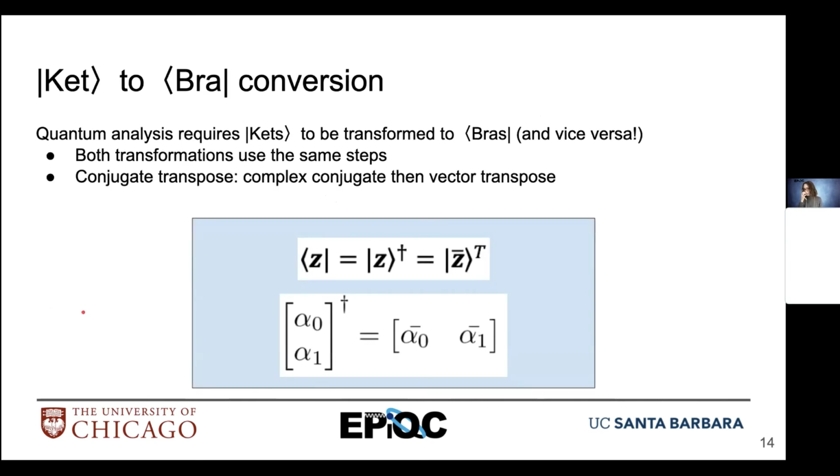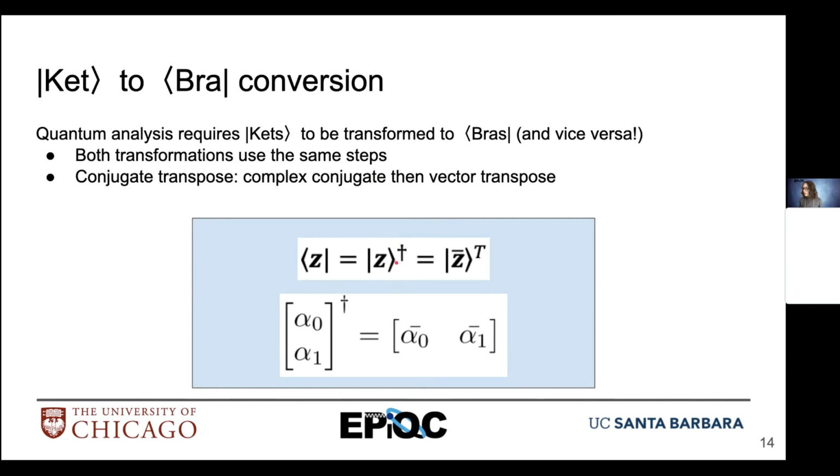All right, so now we're going to tie this back to quantum information. We use kets a lot for representing our quantum state in column vector notation, but we can transform them into the corresponding part of bra-ket notation using the conjugate transpose operation. These are referred to as bras. So we have bras and kets that work together, where kets are our column vectors and bras are our row vectors. Both transformations use the same process of taking the complex conjugate and then the vector transpose. So if we have the ket Z and we want to find the bra representation of that,